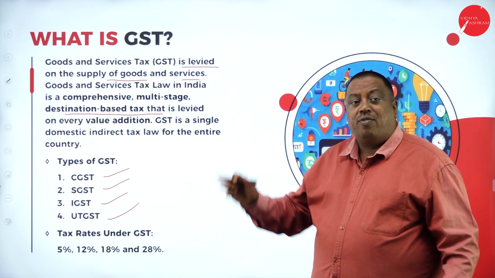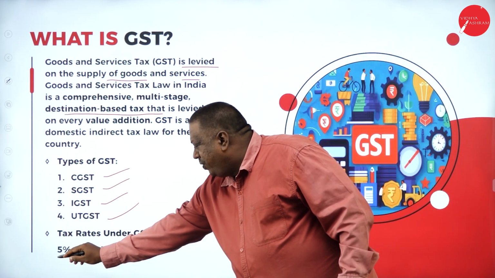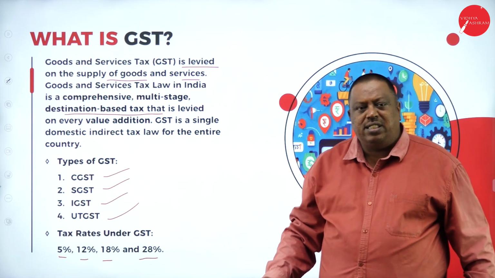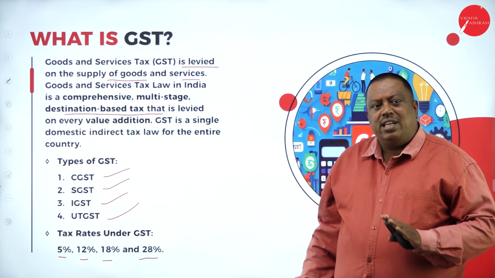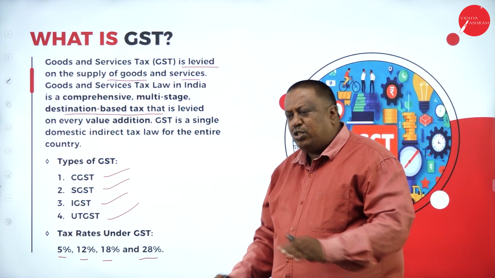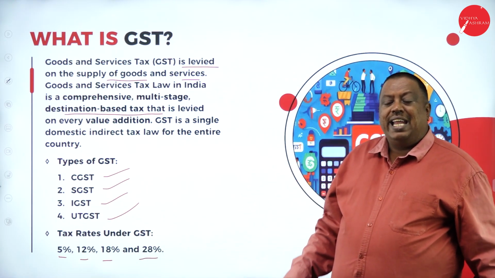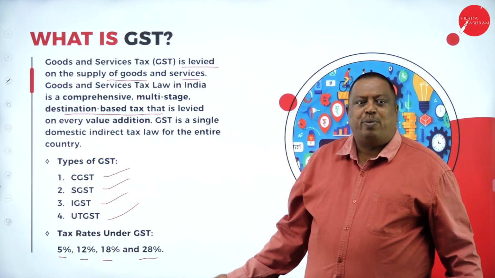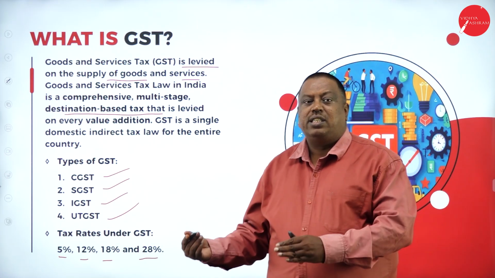What is the tax rate? From Jammu and Kashmir to Kanyakumari, the tax rates we have here are 5%, 12%, 18%, and 28%. It is fixed. There is no change in the rate of taxes anywhere you go in India. Everywhere the GST rates are the same. For example, if I go to any restaurant, the rate of GST is 5%, that is 2.5 and 2.5. It can't be a different rate. So this is what we have on certain commodities.